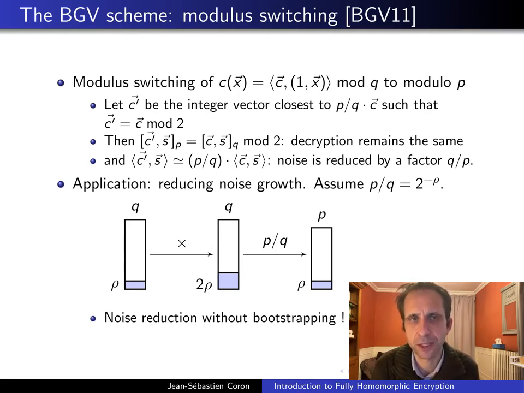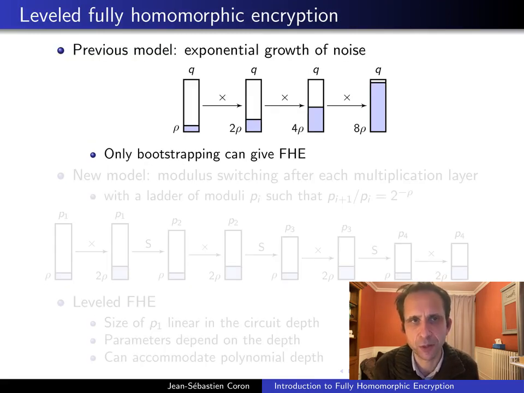But actually, this procedure is very useful and very important, because this enables to have a linear growth of the noise instead of exponential. So in the previous model, when we worked with the DGHV scheme, the noise would grow exponentially with the depth, with each layer of multiplication. So we start with noise rho, then it becomes 2 rho, and the next layer of multiplication gives 4 rho and 8 rho. So it grows exponentially, and then we are stuck because the noise is too large. And then the only technique to reduce the amount of noise in that case is to use bootstrapping,